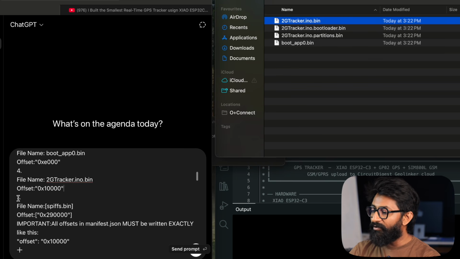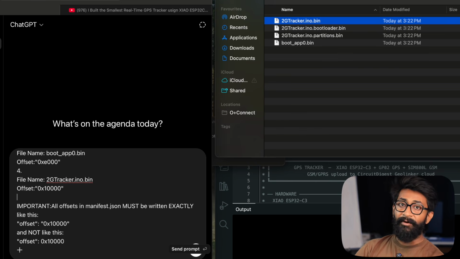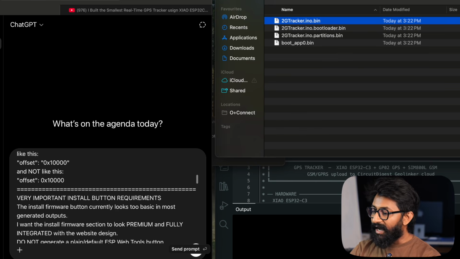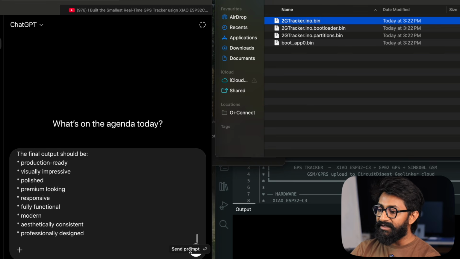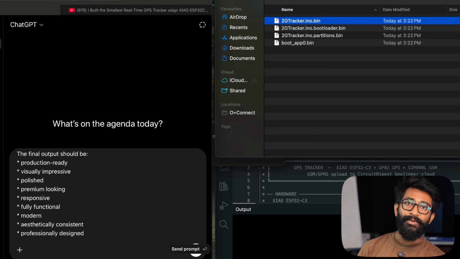Okay, so I do have only 4 files, so I'll just delete this extra 5th one. And yeah, we are good. We have already provided the name of all the firmware files. And I think we need to provide only these many details. And later, after providing these details, you just give this prompt to ChatGPT and let ChatGPT do all the magic